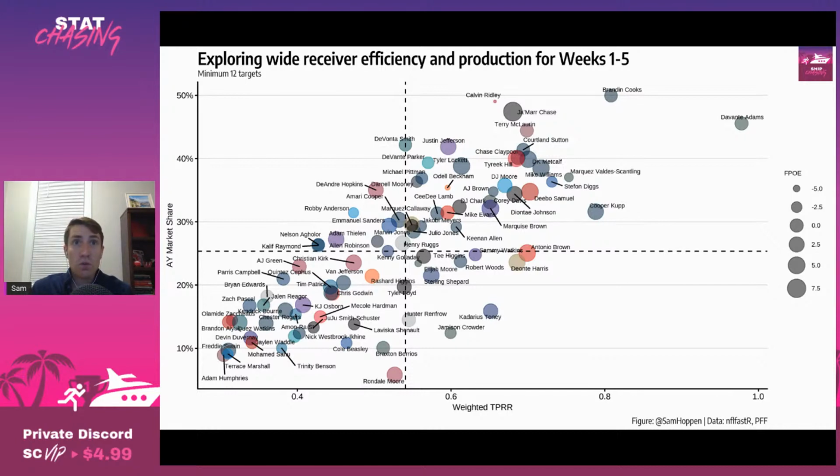None of these would seem that bad, but then you realize that they're both averaging fewer than 4.5 targets per game, and each have a routes run rate below 60%. And these would be okay if the team was passing the ball as much as the Bucs, but they're not. These are wide receiver 3 numbers on any other team. The Saints have the fewest passing attempts on the season with 120, which is an average of 24 per game. That is not great. Their pass rate over expectation is near the bottom of the league, as you'd expect.